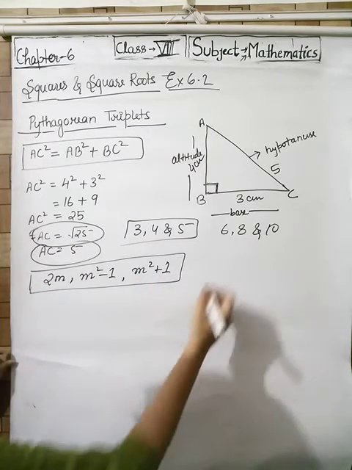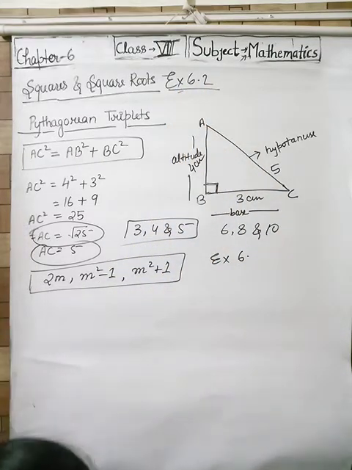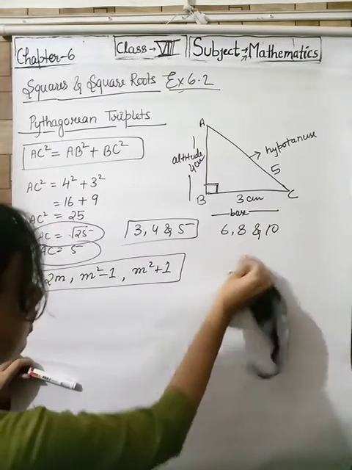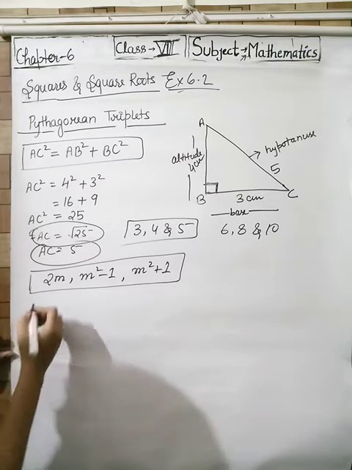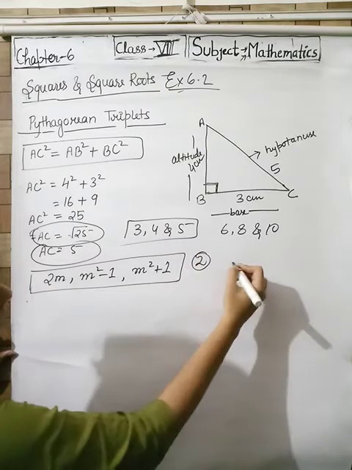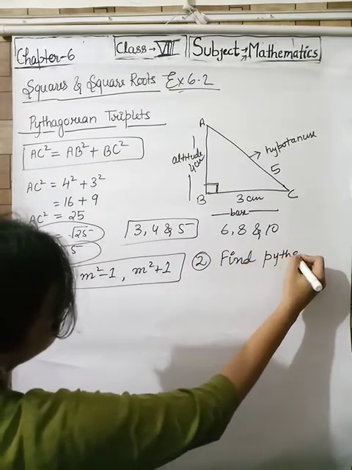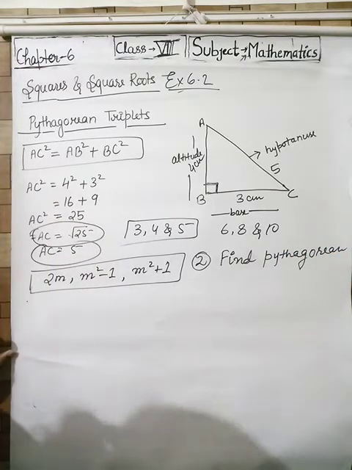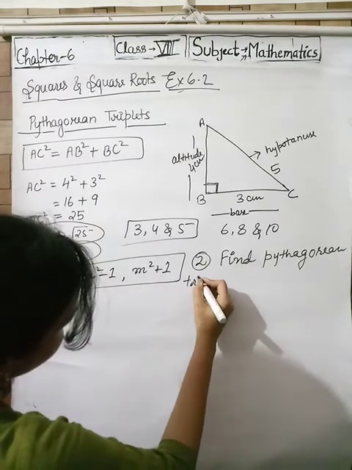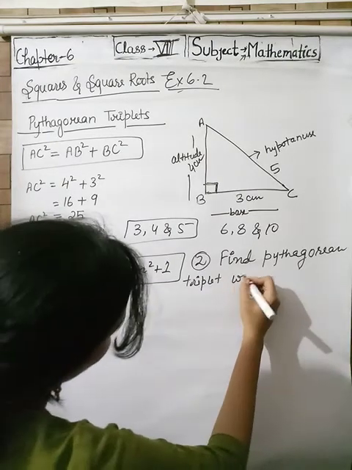So in exercise 6.2, the next question is based on Pythagorean triplets. We need to find a Pythagorean triplet whose one member is given. Question number 2: find a Pythagorean triplet whose one member is